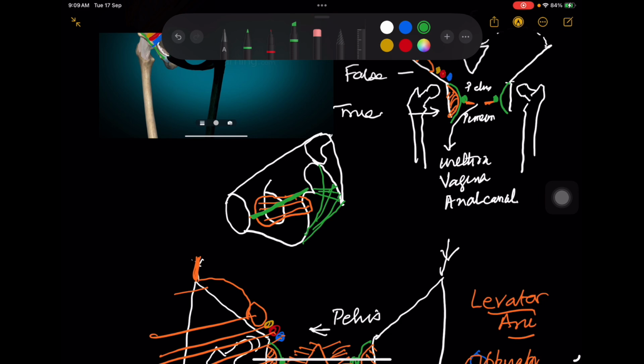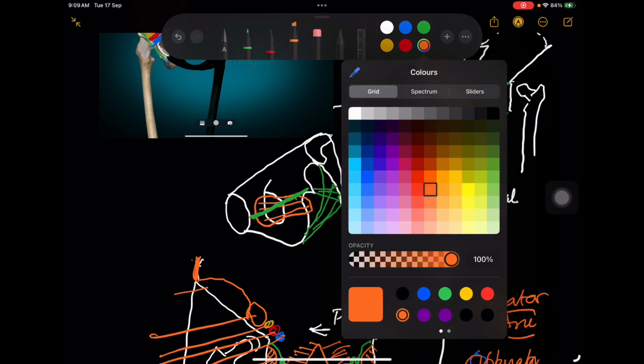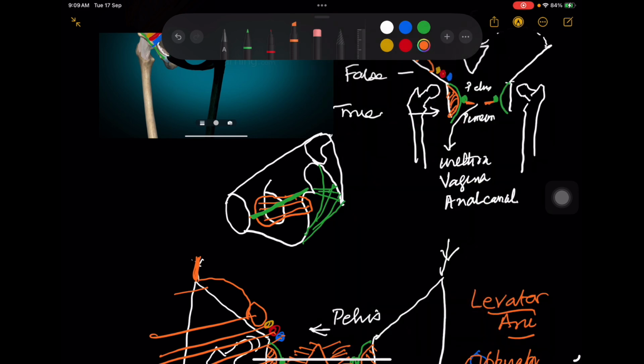I will draw it in a different zone. It is a horizontal muscle that extends from the levator ani tendon and actually goes to the coccyx,